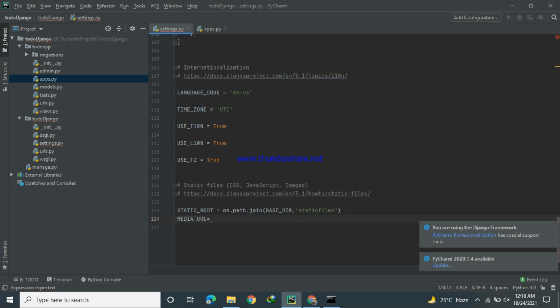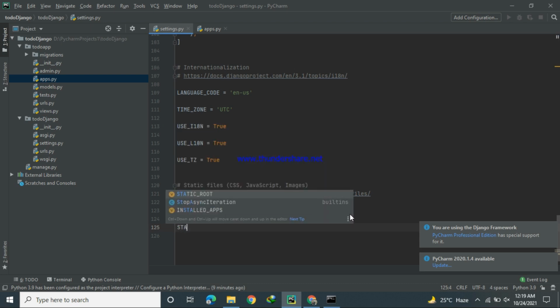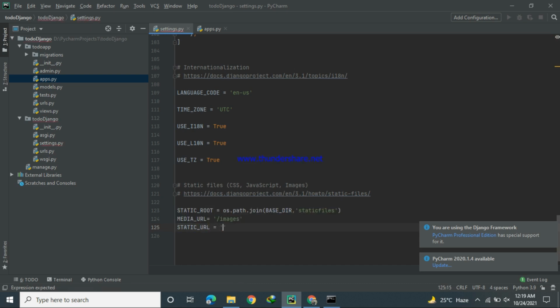For example, here we have images in media, so I will create an images folder. Then STATIC_URL, static URL is static.